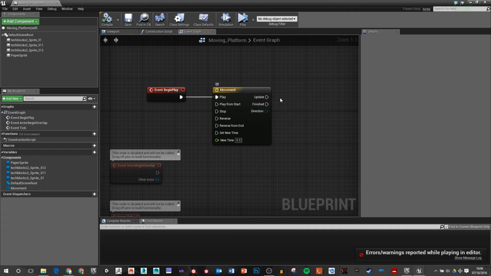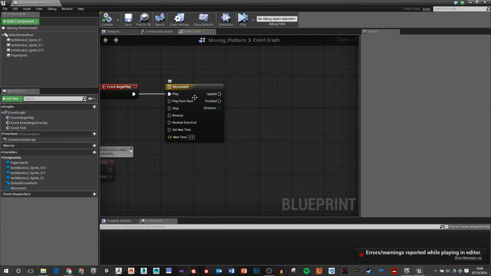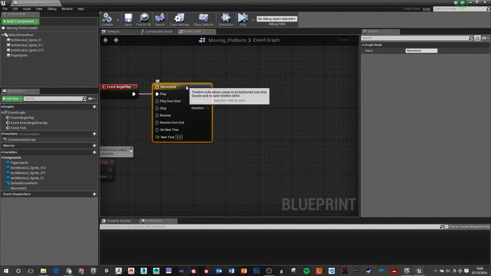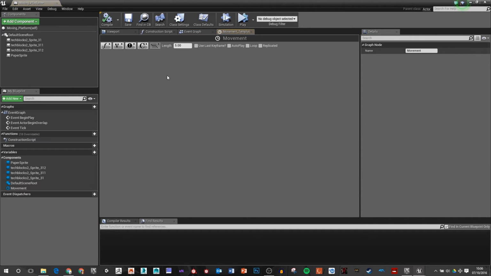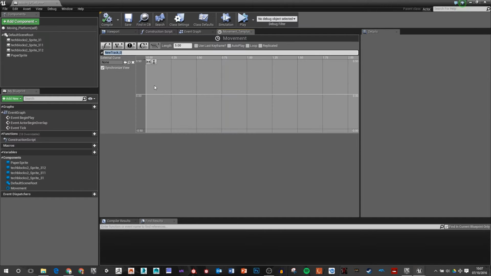But we've got no animation tied to this, and really this animation could be tied to a lot of attributes for the blueprint, so it doesn't even know what this is going to affect. Okay, it doesn't know what it's going to update at all. So we're going to double click on our timeline first, and we've got a few tracks that we can add in. We can add in a float track, a vector track, an event track, and a color track. What I want to do is just add in a float track, and I'll just call this movement again,